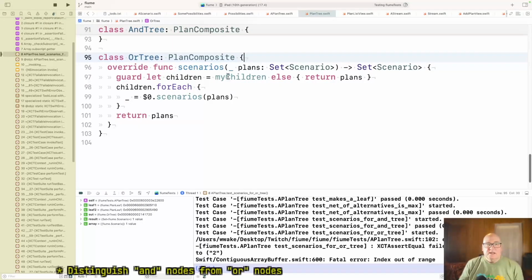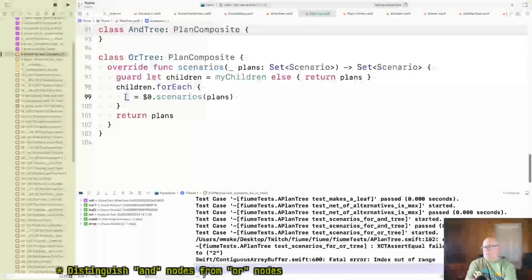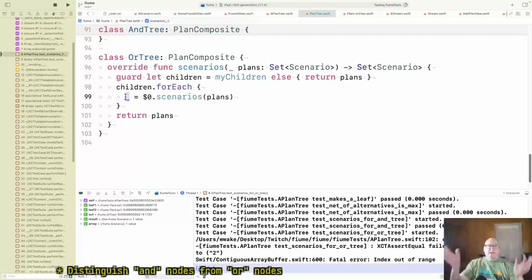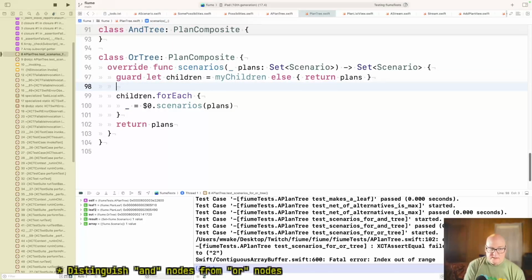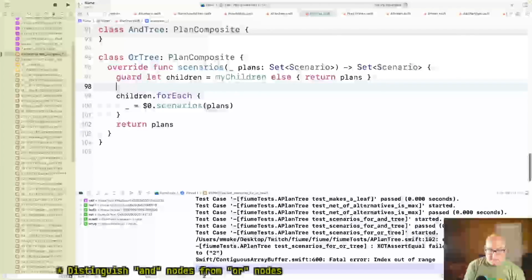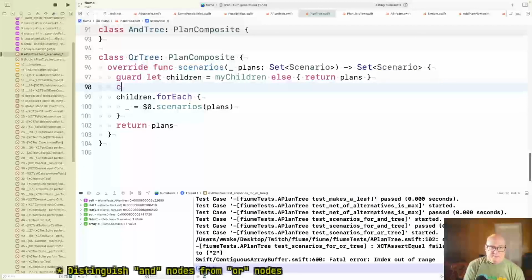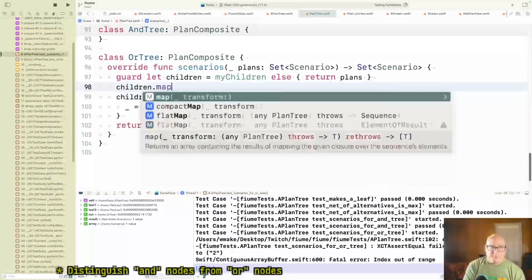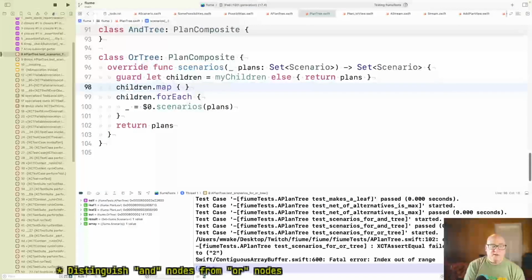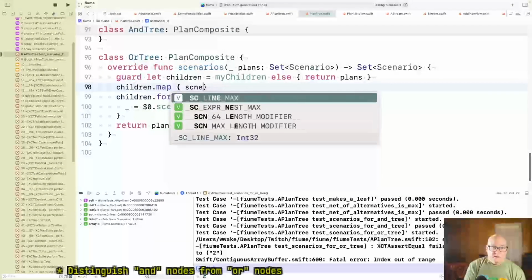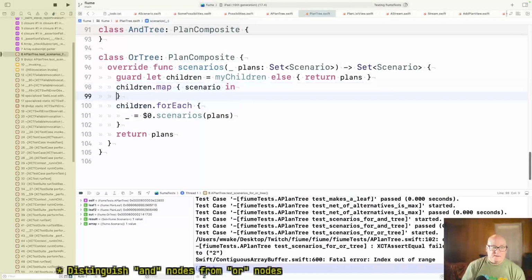so what I think we're saying is we're going to run through all the children. It's not a for each. I think it's more, we're going to generate new stuff, and in the end, we just want it all flat. So I think what this is going to be is a map. So if we take the children and map them, then we're given a scenario in something.